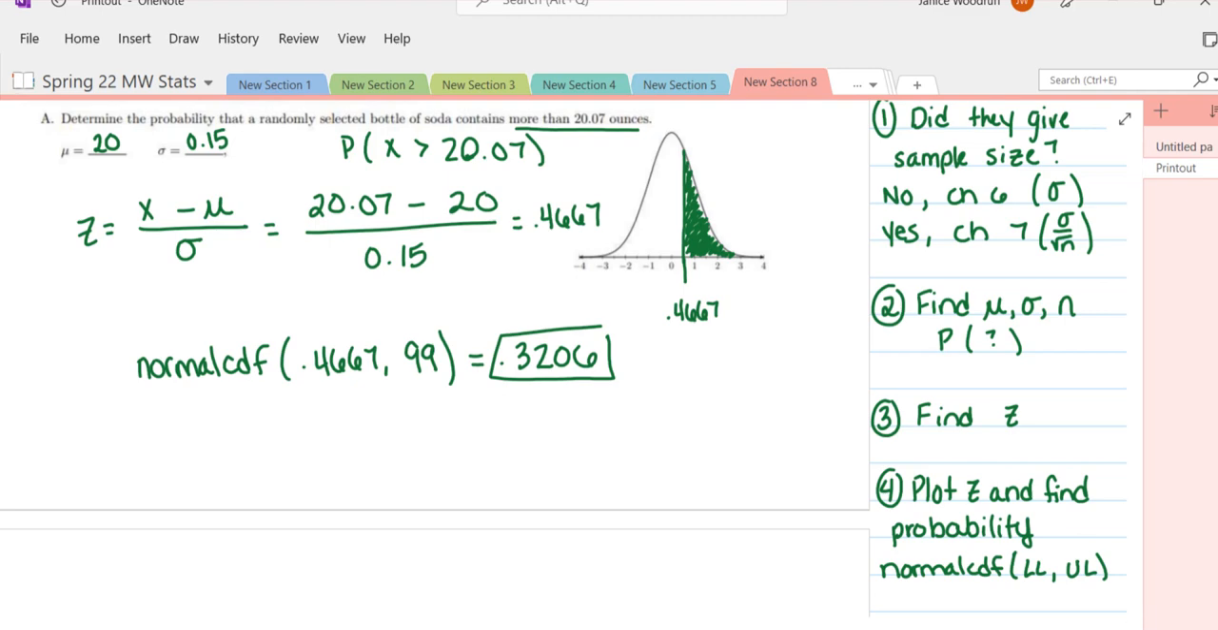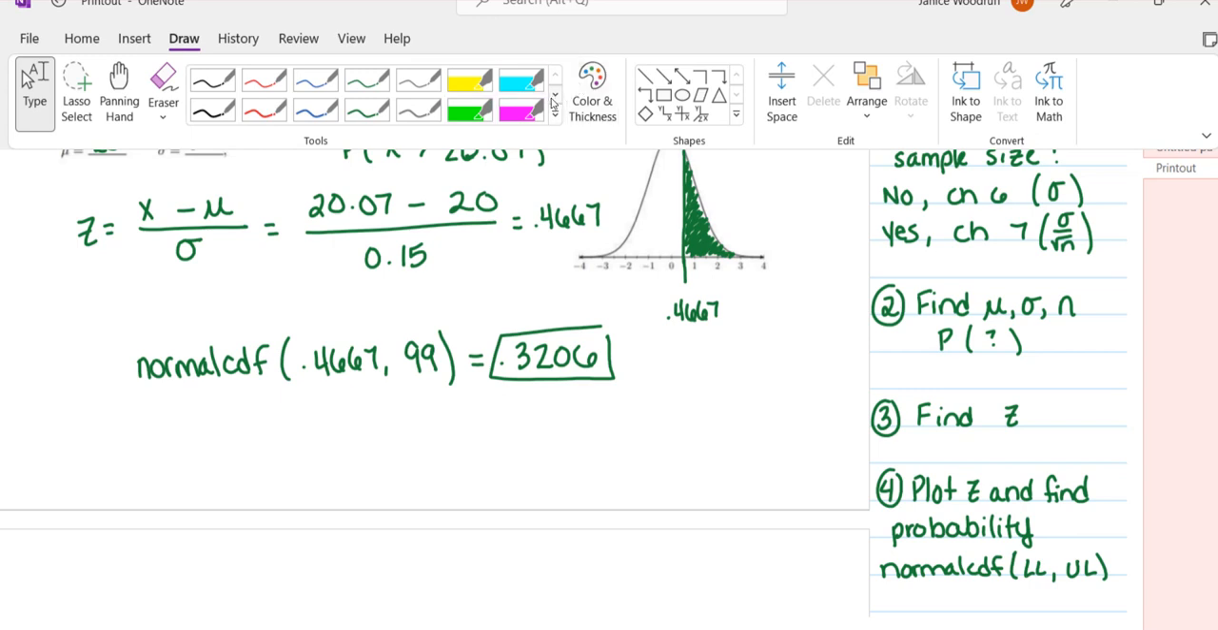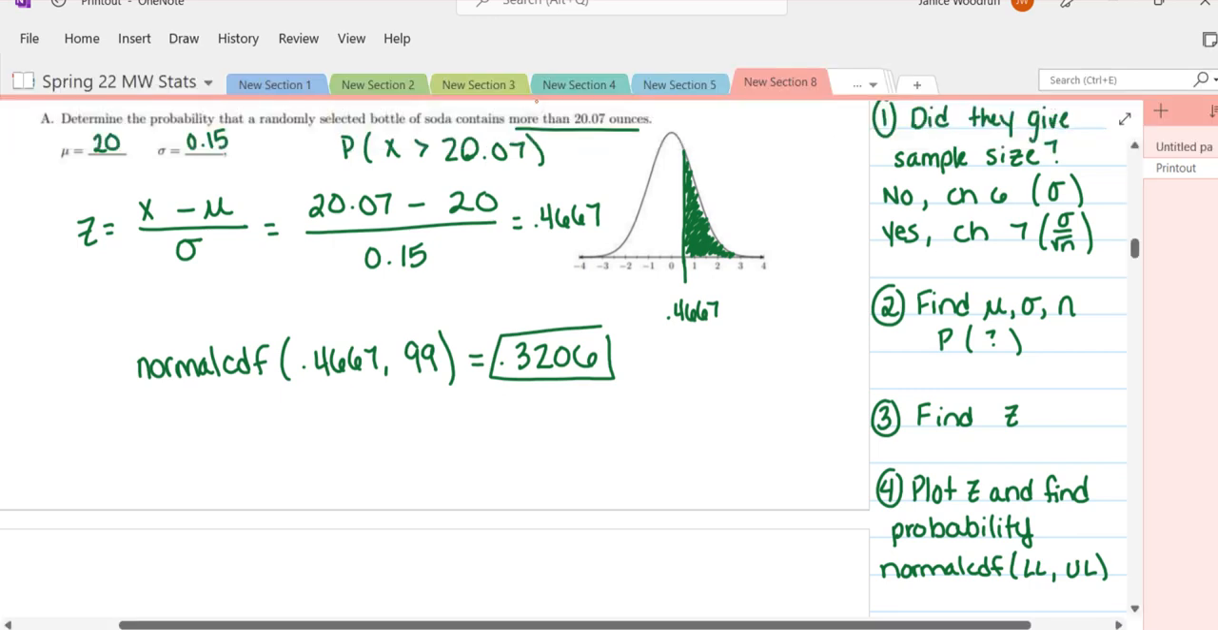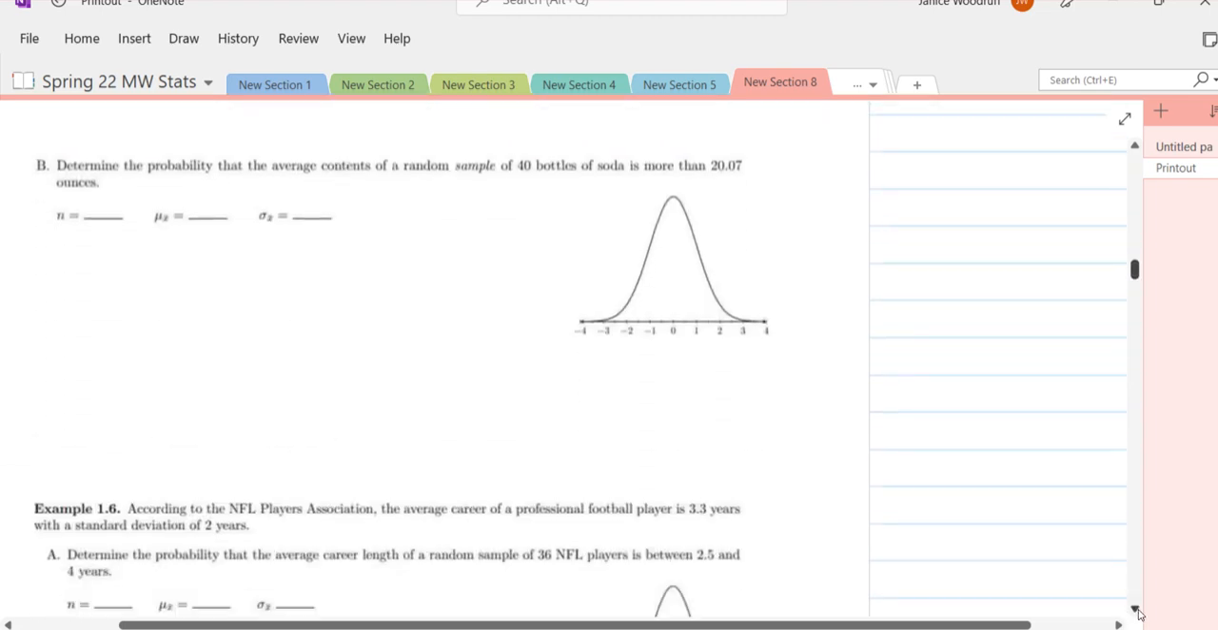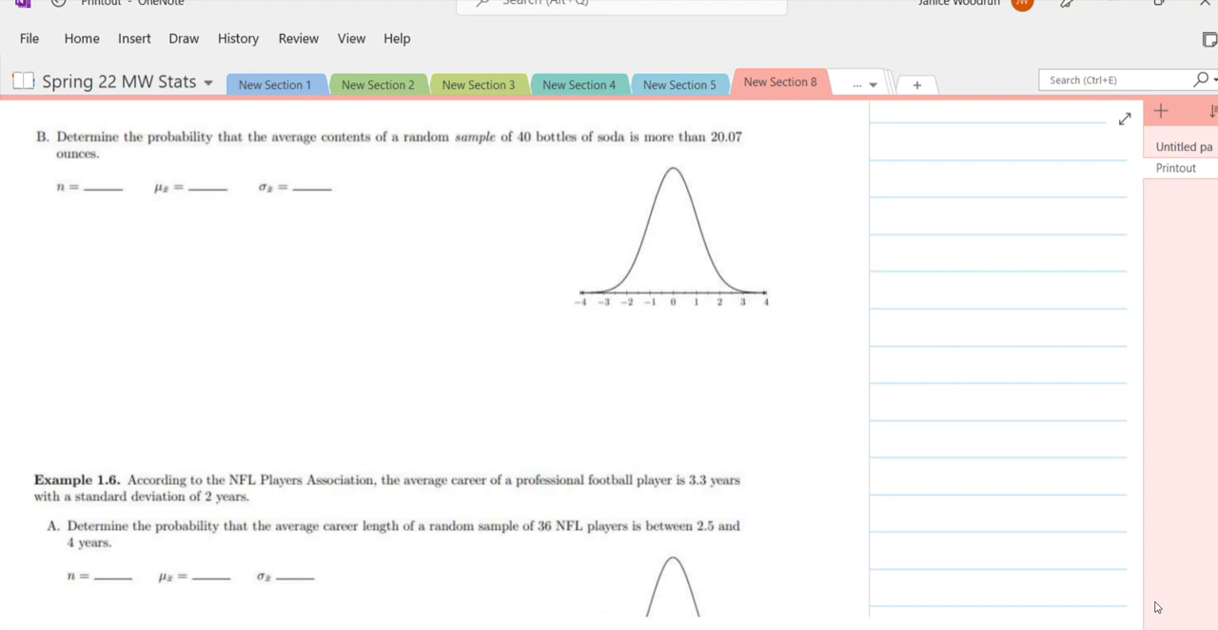Okay, so we would follow these same 4 steps for both chapter 6 and 7 when we're doing these problems. You're just going to be doing different formulas depending on which type of problem you're given. So when we go to part B, now it says determine the probability the average contents of a random sample of 40 bottles of soda